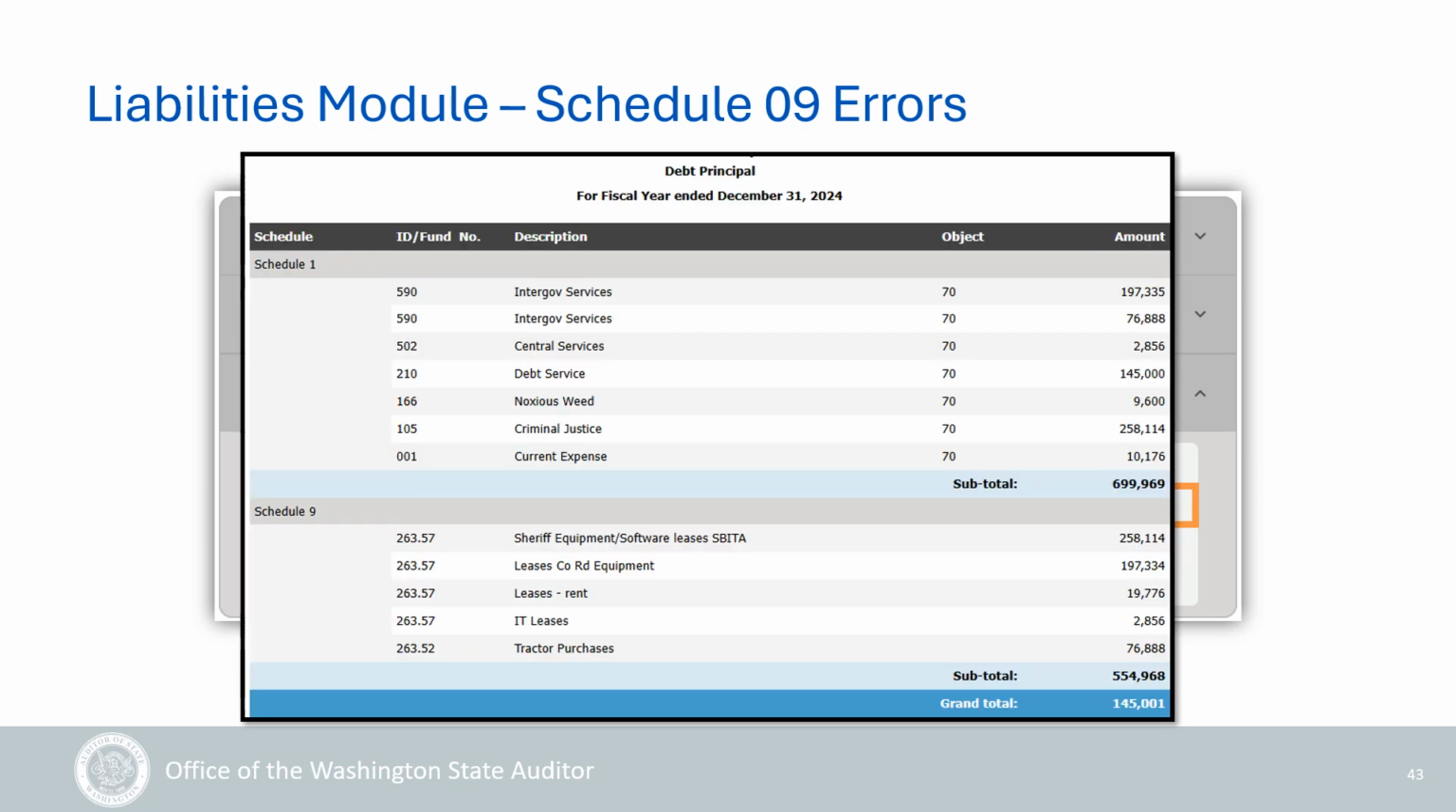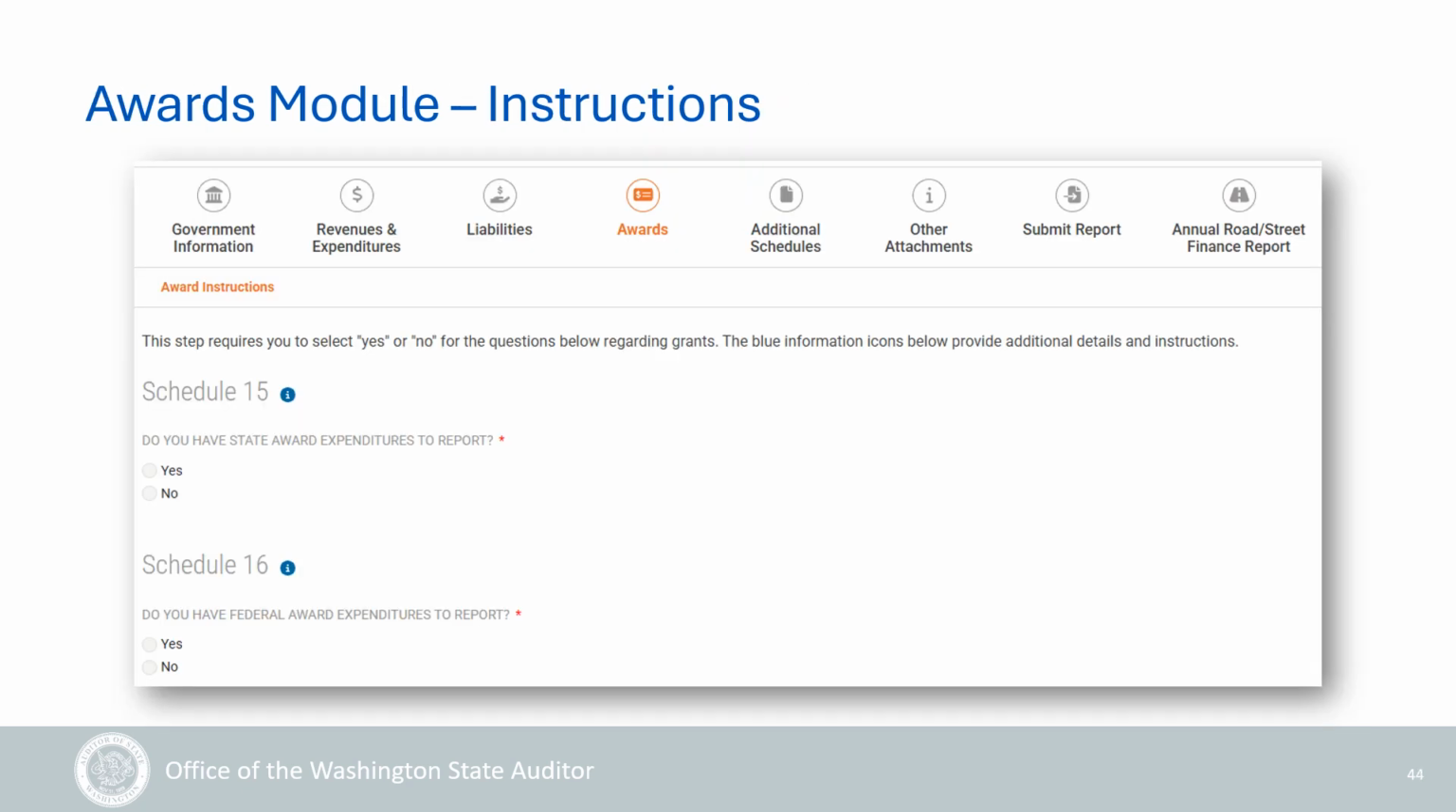This one compares the reductions reported on Schedule 09 to the debt principal payments reported on Schedule 01 using object code 70. Then it will display the variance at the bottom. In this case, you'll want to review the report to evaluate if it was an error on the Schedule 09 or Schedule 01. Now let's move on to the next module, which is for reporting activity related to state and